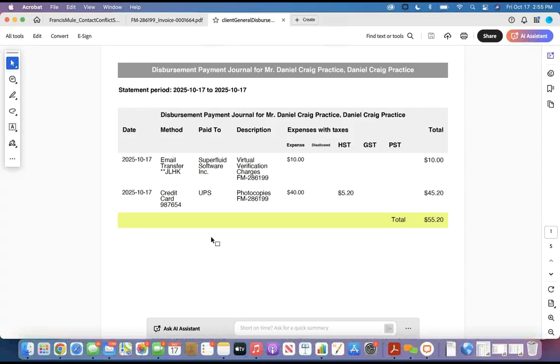So the general, there were only a couple of expenses that was made. The email transfer, the virtual verification, and the other one was photocopies. I used my credit card. Again, the reference numbers, date, its taxes, everything included in there.